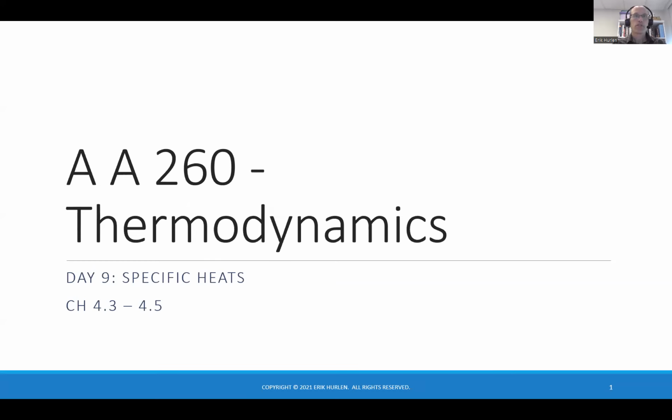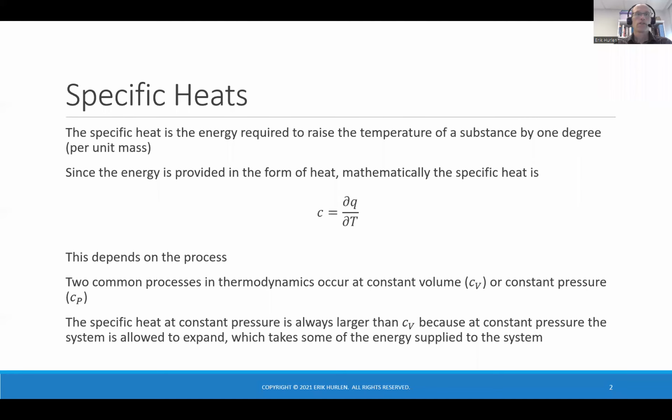After finding out how much energy goes into or out of a system, the next question is figuring out how that energy affects the system. This is usually manifested in terms of a temperature change. The amount of energy it takes to change the temperature of a substance is measured by its specific heat. Officially, the specific heat is the energy required to raise the temperature of a substance by 1 degree per unit